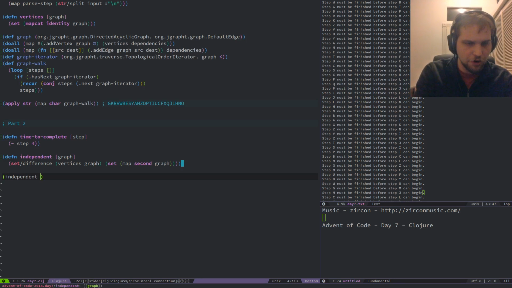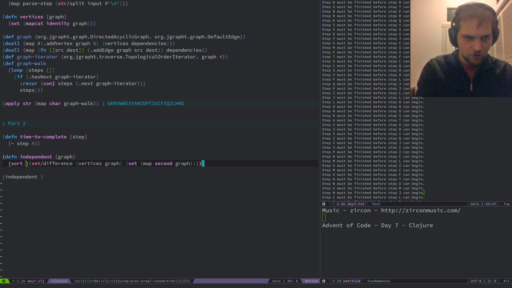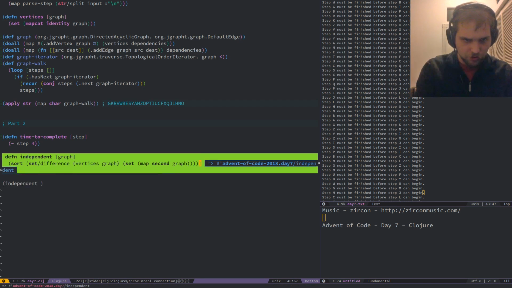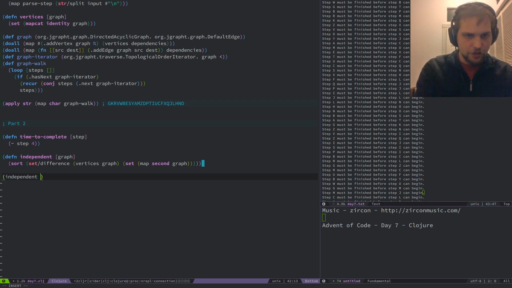So for our initial graph, for example, what's our first independent thing? It might complain of the sort. Empty.